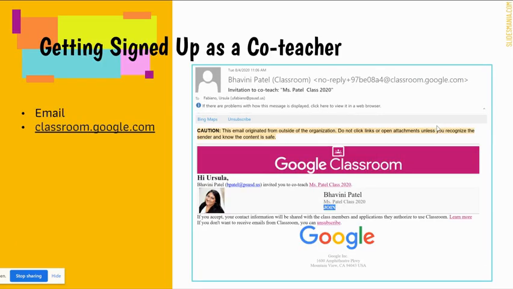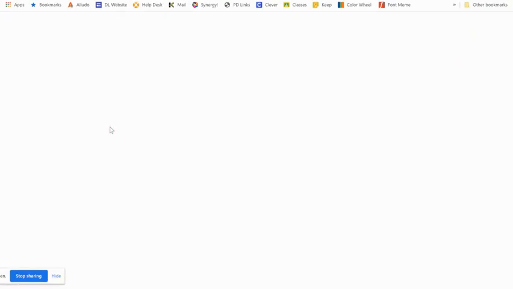So getting signed up as a co-teacher, what the classroom teacher needs to do is invite you to be a co-teacher. When they do that, what you'll get is an email that looks similar to this. This one was sent from Bhavani, and you'll see you have the option to join in blue there. You can either join through the email that you get, or if you go to classroom.google.com,